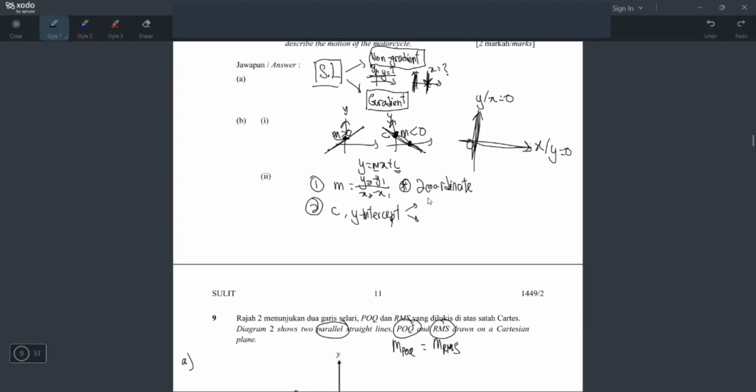And ada dua cara yang saya boleh provide kepada you. C Y-intercept. Cara pertama is guna mata tengok. So ini apa? Ini mata. Okay, and then ada bulu mata ini. Okay, so guna mata tengok. Apa maksud guna mata tengok? It means you use your mata, you use your eyes to look at the diagram and find the C, right? Tapi kalau you guna mata tengok tak dapat, you guna cara kedua.